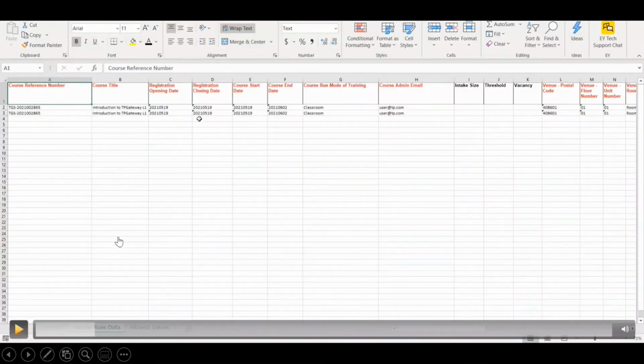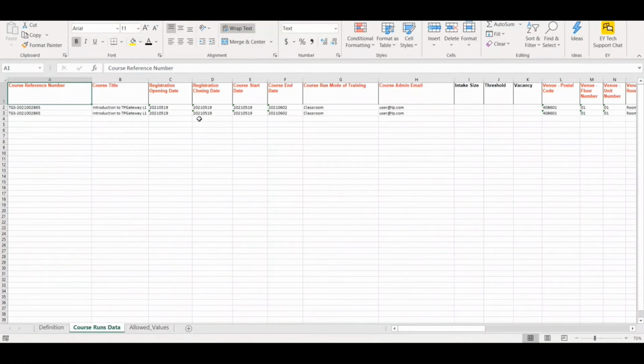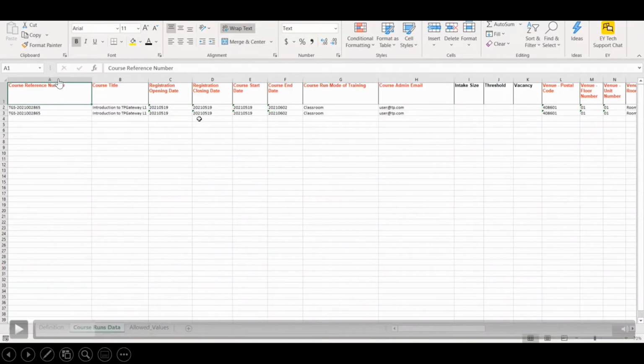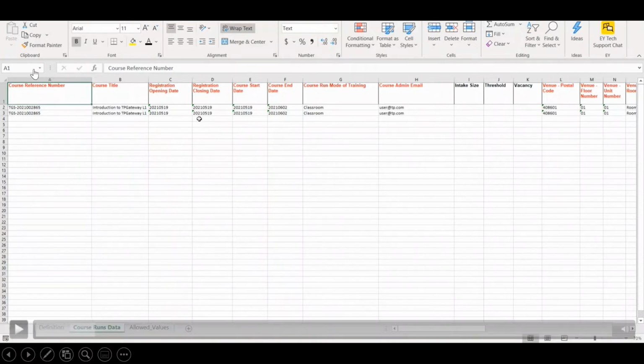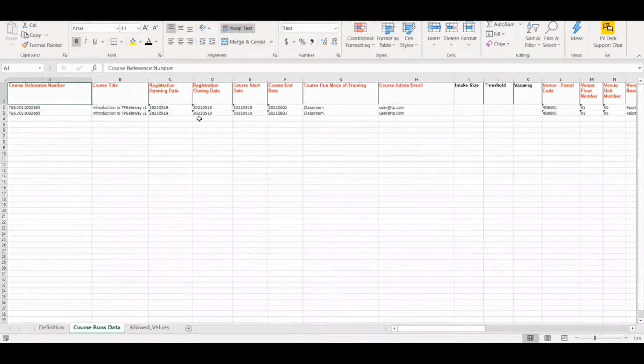Okay, so in this instance, in this video demo, I've already populated the data. But when the TPs download the file template, what they will actually see is that the template consists of a lot of course reference numbers and the course title. A and B will be filled up for them with all the courses that they have in the system that are currently active. So what the TPs have to do, first of all, is to delete the courses